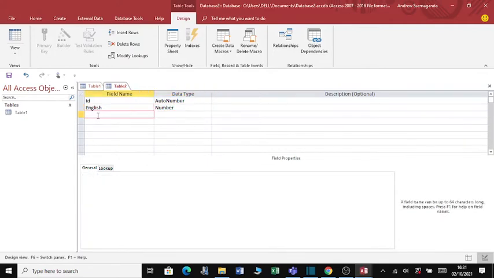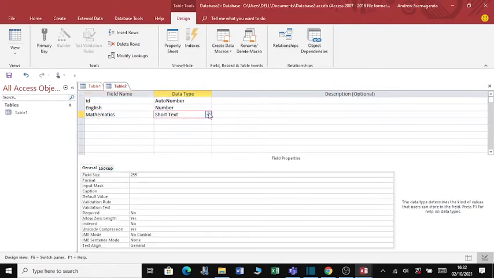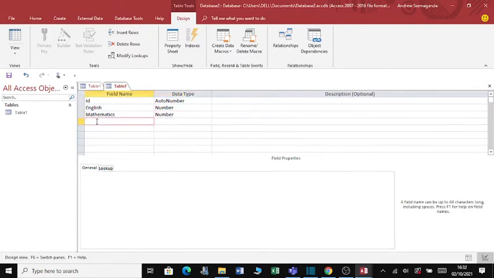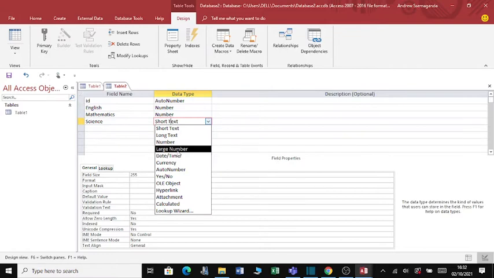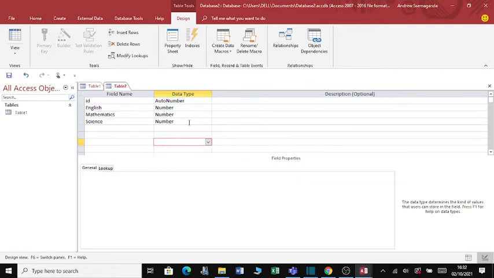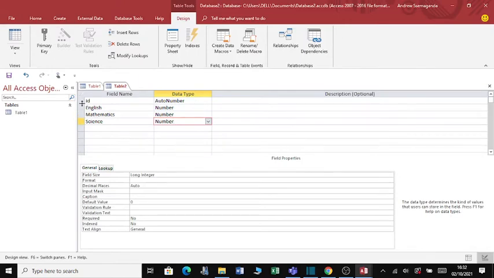And then we have mathematics, which should also be a number, and then we have, let's say, science, and let's use a number, because these are going to be students' marks. So I'm going to assign this ID a primary key,